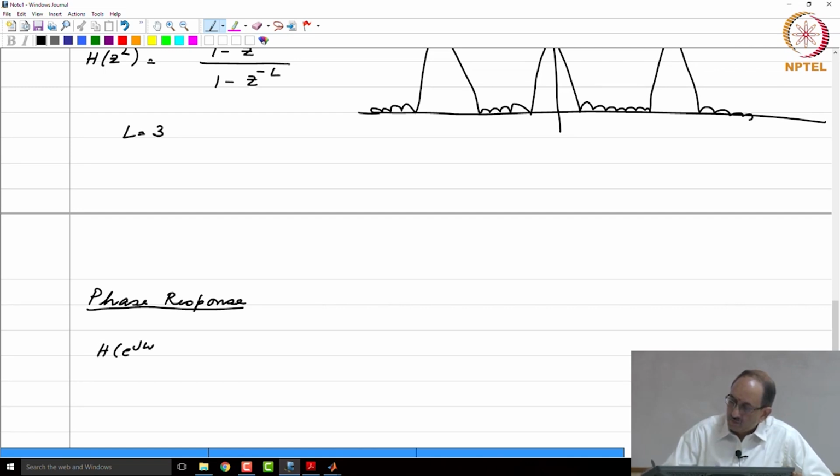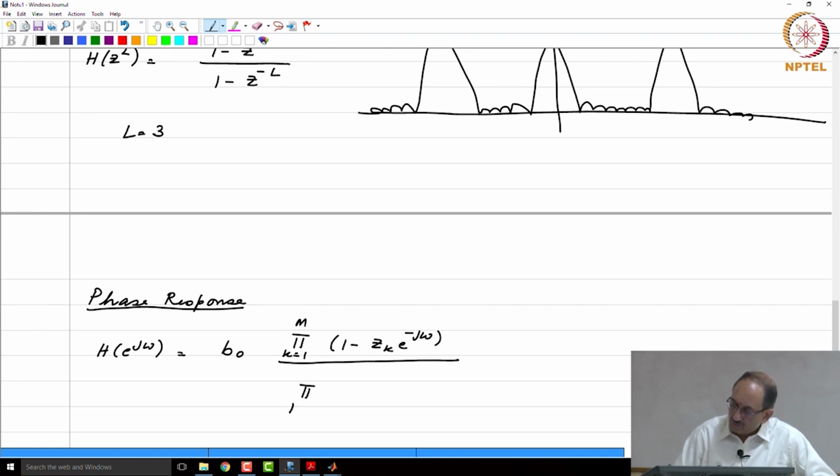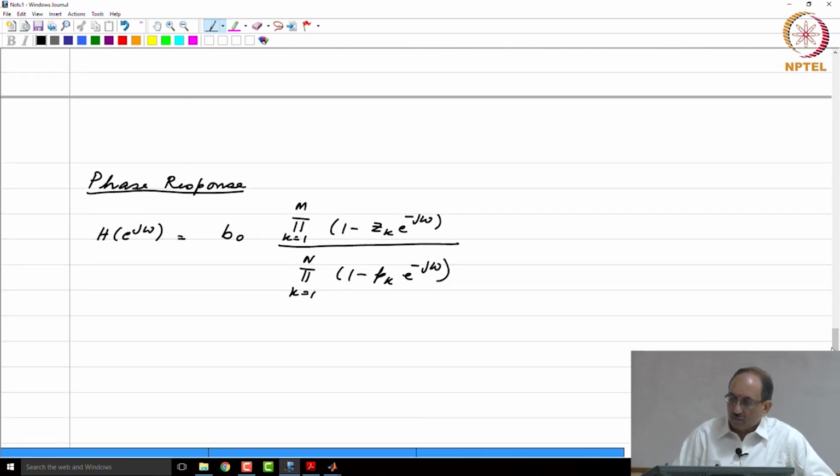So, we have H(e^{jω}). This is b_0 times the product over k going from 1 to M of (1 − z_k e^{−jω}), divided by the product over k going from 1 to N of (1 − p_k e^{−jω}). So, this is the form of the frequency response for a rational transfer function, where we have factored the numerator and the denominator, and now we are looking at the angle,